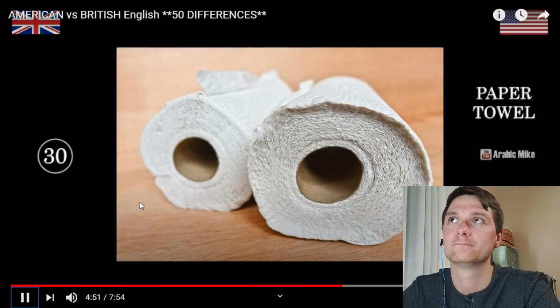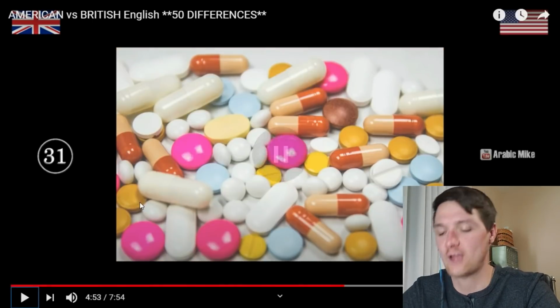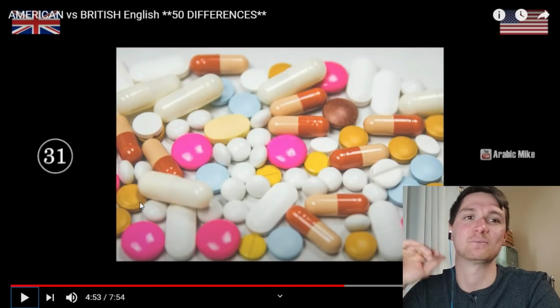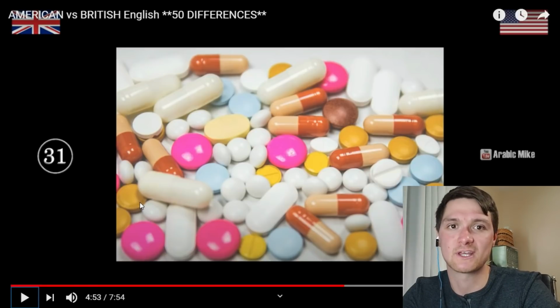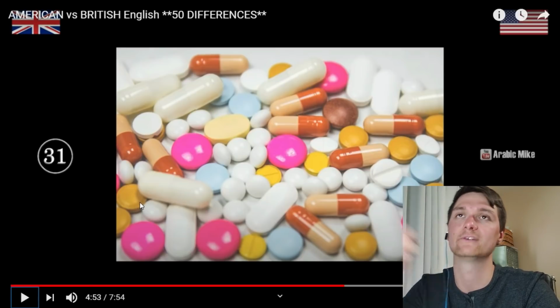What's this? Paper towel. Kitchen roll. A plate. Sorry, I'm pausing so much, but I like that one too. Kitchen roll, because you primarily use them in the kitchen. You're not using them in the bathroom. You really don't use them anywhere but the kitchen. So it totally makes sense to say kitchen roll. So I like that one better.